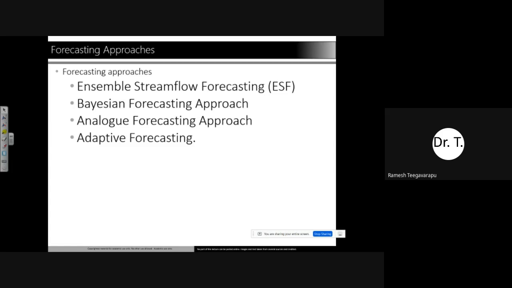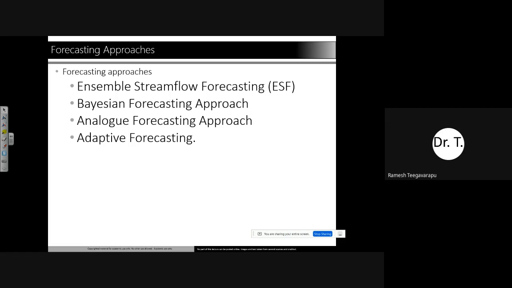Analogues are historical analogues. That means, okay, I'm going to forecast for the next 1 week. Right now I have these conditions. So I go into my historical database and find out when was the last time I saw similar conditions of humidity, rainfall, temperature, soil moisture, and other factors, and then go to that point and use the information about what happened in the history and say that might happen again. So it's basically based on your wisdom, and that wisdom is obtained from the historical data.